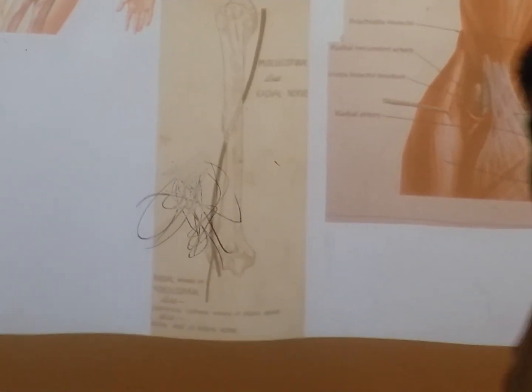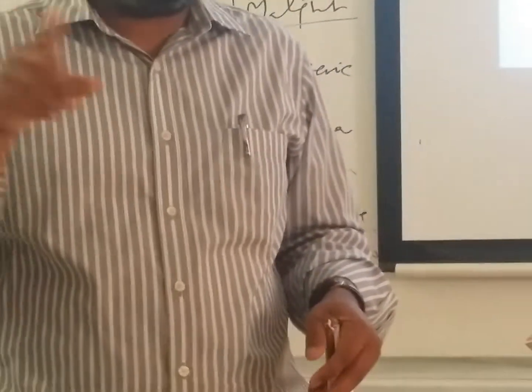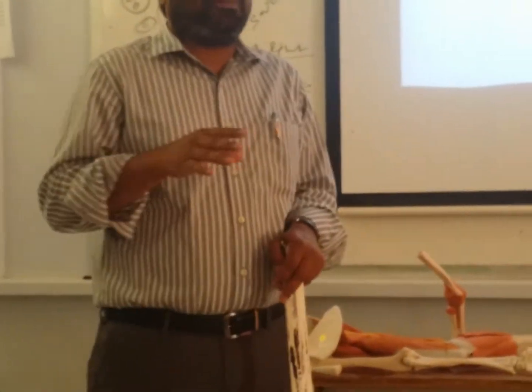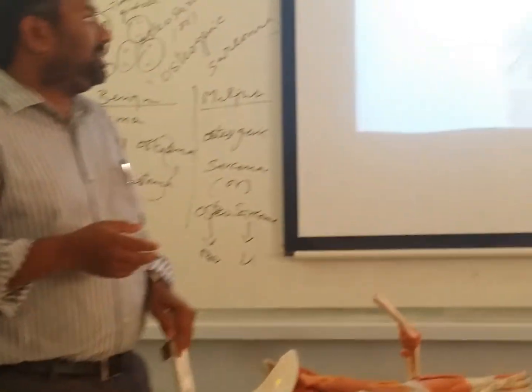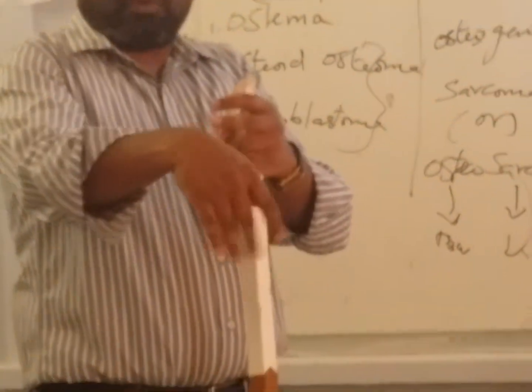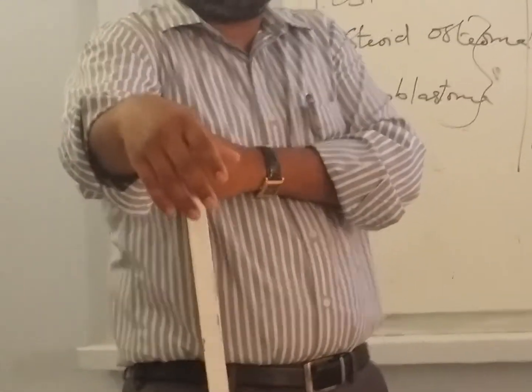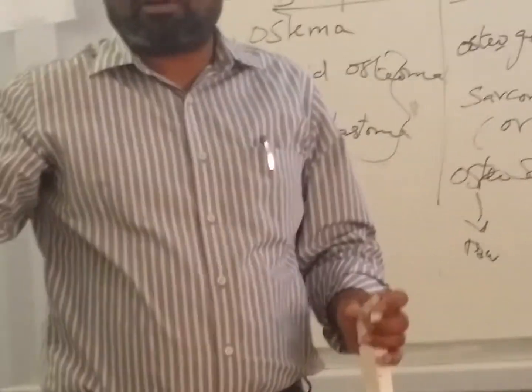So now the radial nerve in the spiral groove, where it is directly lying on the bone. Wherever nerves lie directly on the bone, they tend to be injured by fractures of the bones. So what fractures? As I said, fractures of the shaft of the humerus, giving rise to wrist drop, because all these muscles are paralyzed. Which muscles are spared? Long head and medial head of the triceps. Other muscles are paralyzed, giving rise to the condition called wrist drop.